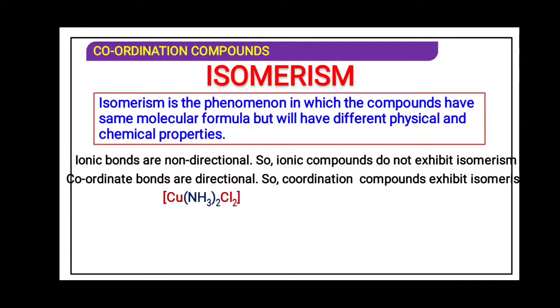Copper ammonia chloride complex. As you know very well, first we will give the IUPAC name of this compound. As we have ammine and chloro, it will be alphabetical order. In alphabetical order, ammine comes first. So we will write diammine for NH3, then dichloro. Then we write the valency of copper. It is 2 plus, because chlorine is -1, so -1 into 2, -2 will come outside. It will become +2, and it is a neutral complex. So we will write diamminedichlorocopper(II).